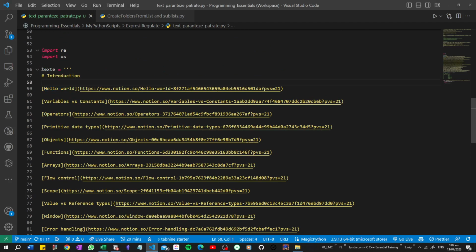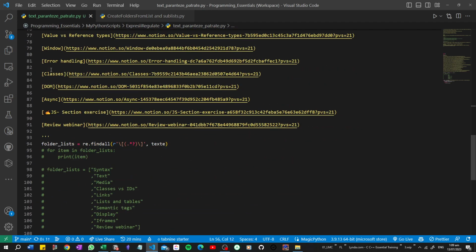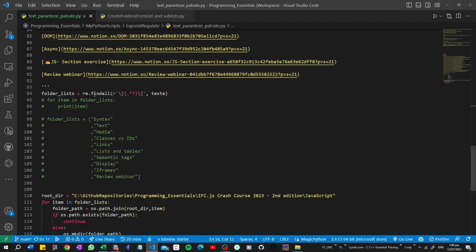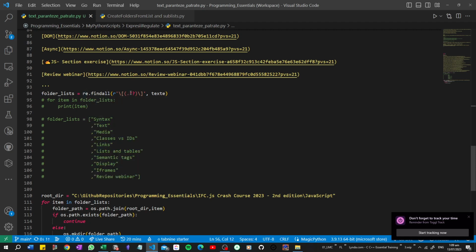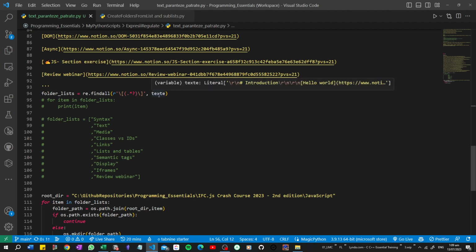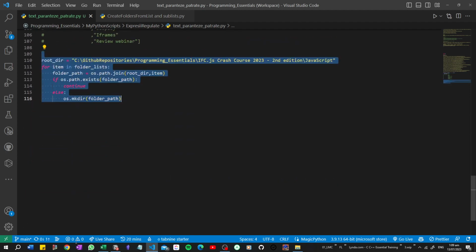So what I do is I'm injecting into this variable all the chapters, and then for the list, for the text above, I'm importing the regular expression and then finding everything that is between square brackets on this specific text list. So if I print this one just to see what's in,